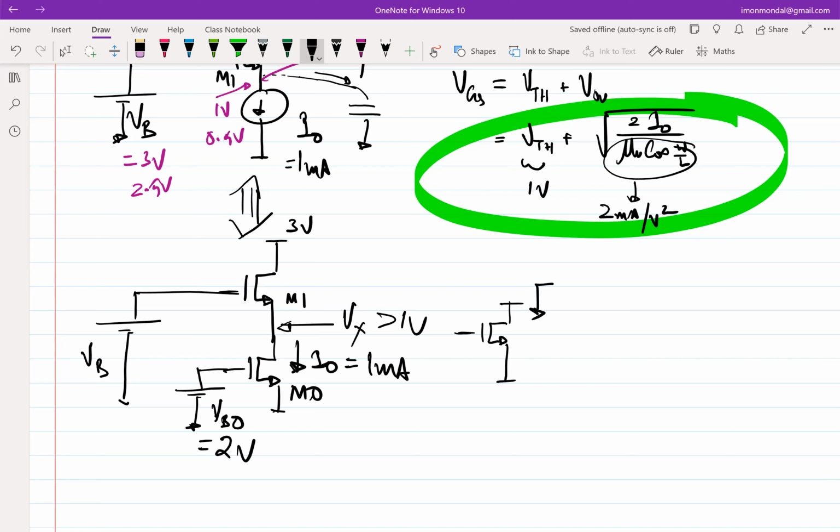Because ultimately M1 and M0 are identical, and I know that this is 2 volt. Which means VB has to be greater than 3 volt. If you ensure this, then this guy will get biased properly. Very often you will see that people will give you some circuit and will ask